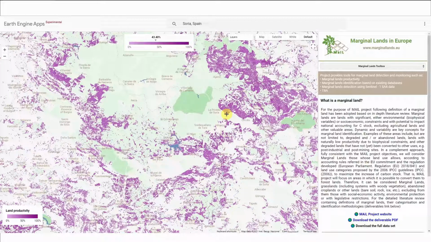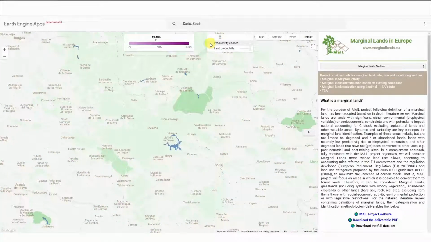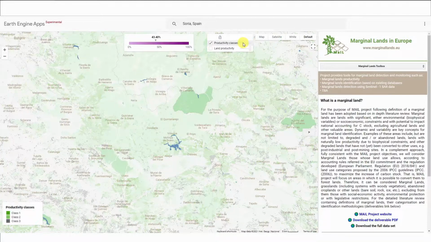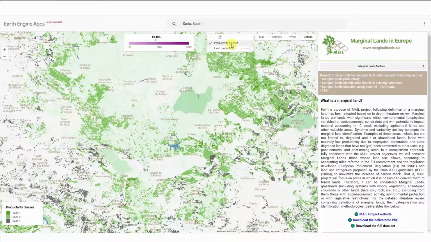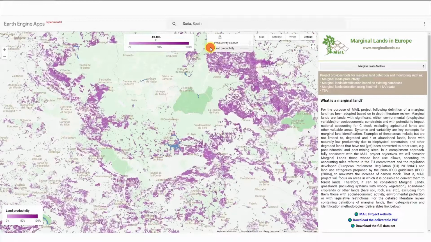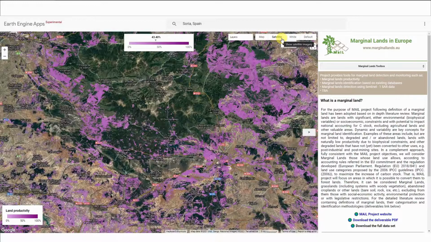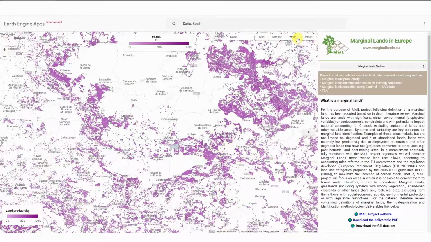In top right part of the map there are few buttons. First one, called Layers, allows you to hide or show the thematic layers and modify the opacity of them. The next four buttons are used to change the map which is displayed in the background. You can choose between default Google Maps, satellite imagery, simple bright map, or go back to the default one.